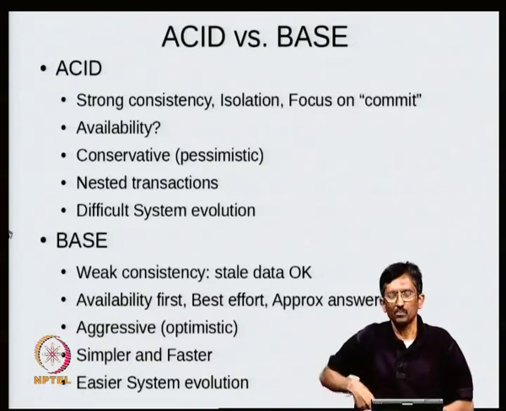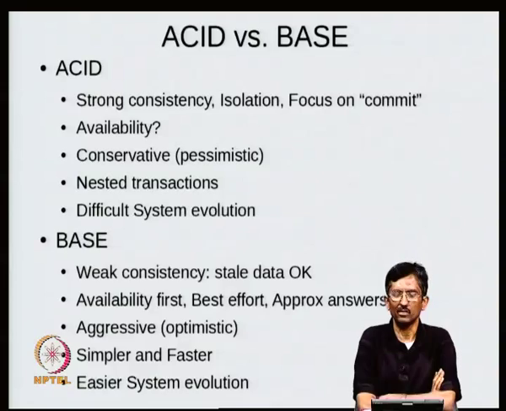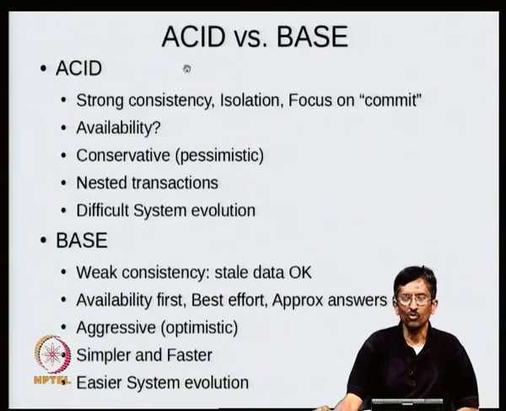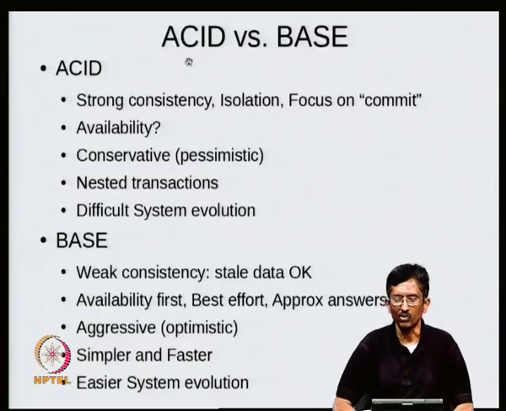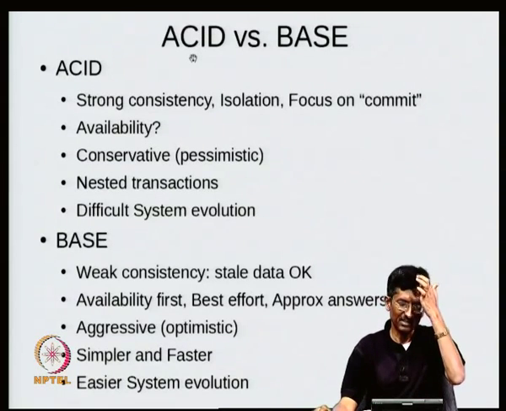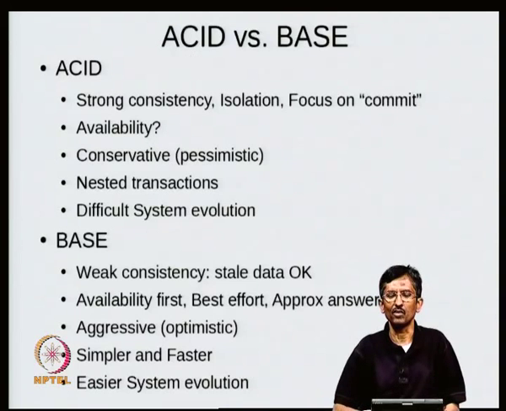So let us just summarize again some of the discussions so far. There are two models, the ACID versus BASE models. As I mentioned earlier, the reason you have different models is because you work in different domains. It could be the real-time systems domain, the file system domain, the database domain, and other kinds of domains. Each of them has its own particularities and issues to solve, so they will do it in different ways.